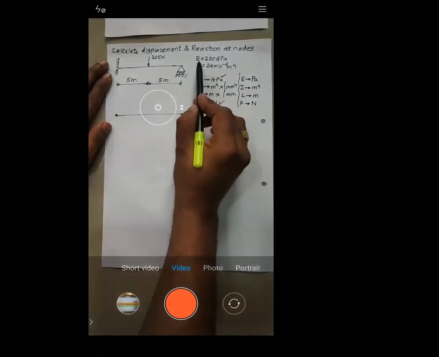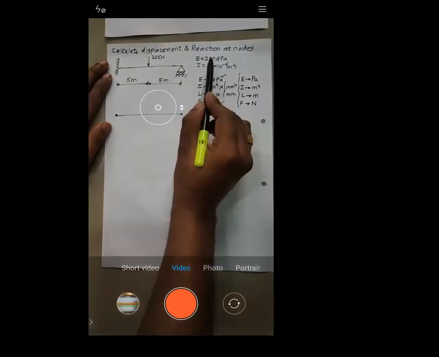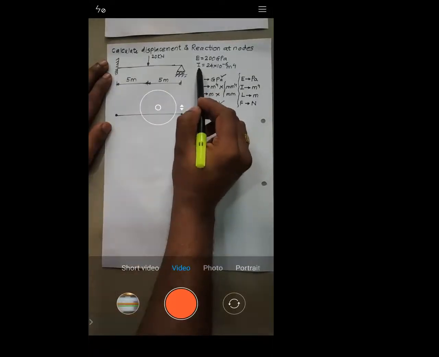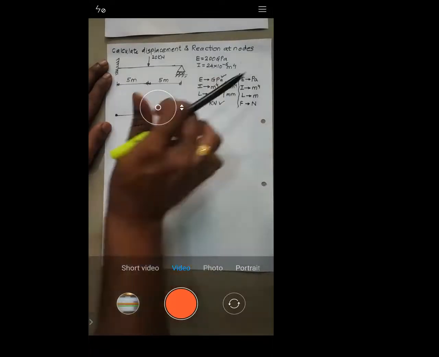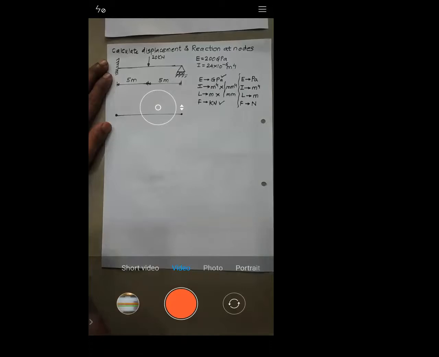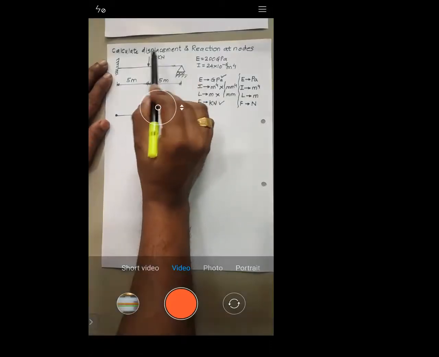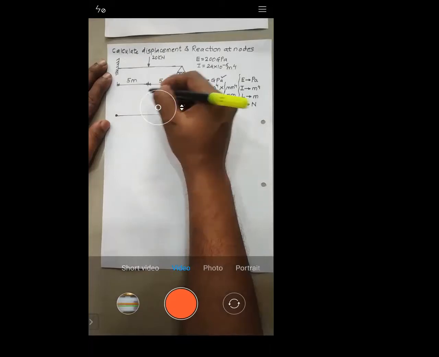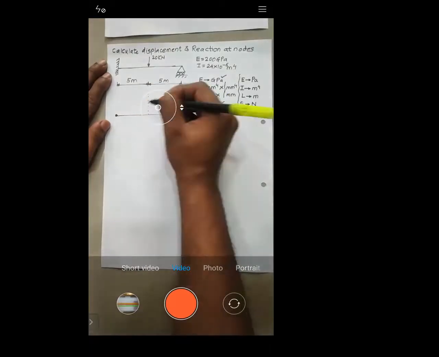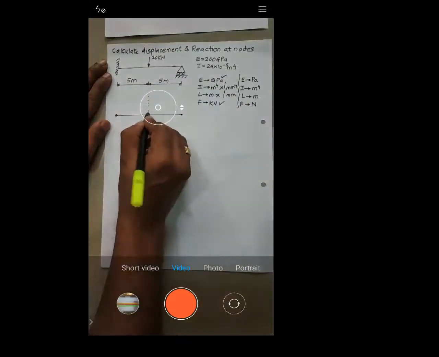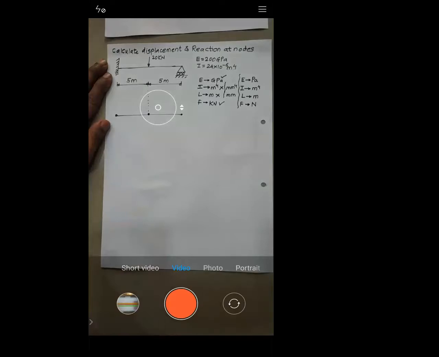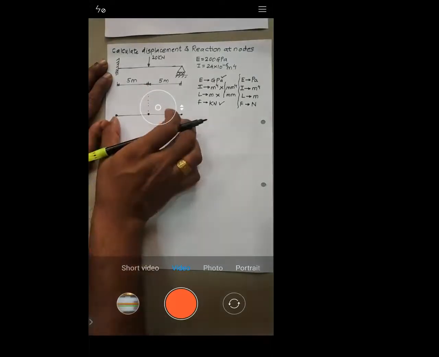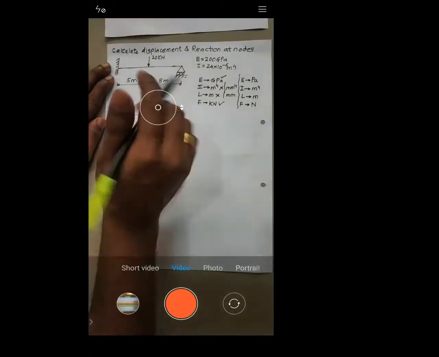because it is made up of the same material. This entire beam is made up of the same material E, and it has the same cross-sectional I. So it's a single element, right? But they have applied some load here. As I told you, at the point where they applied the load, you form the node. So I need to form the node here. As a result, this entire beam is going to get divided into two elements, right?